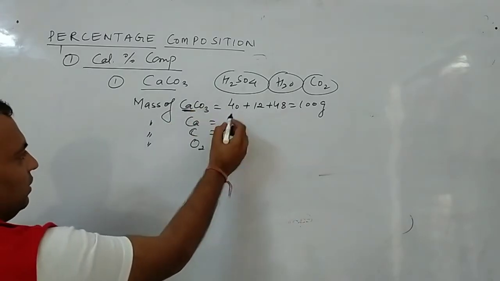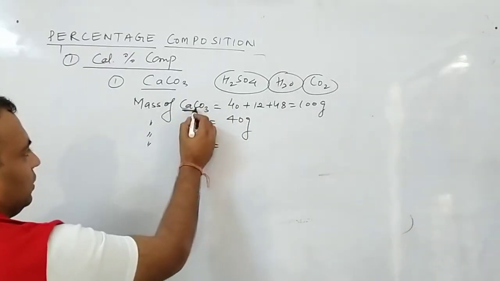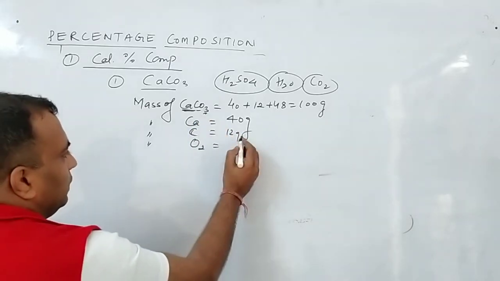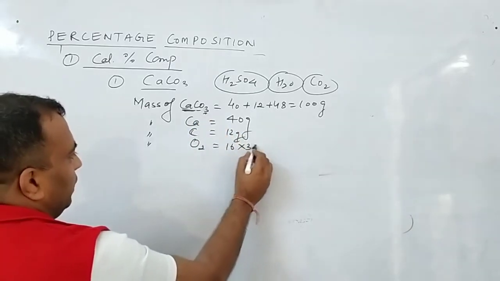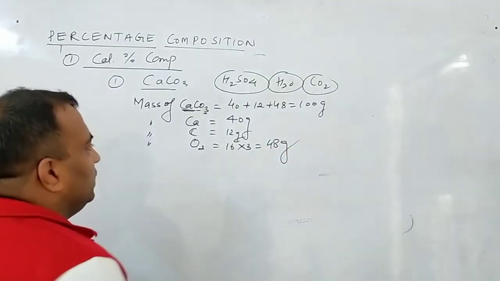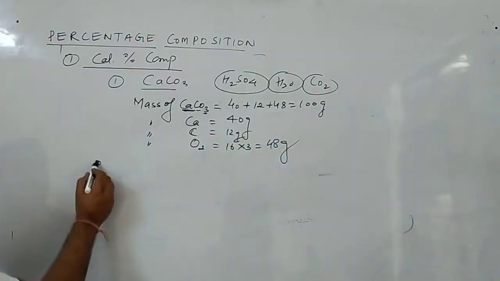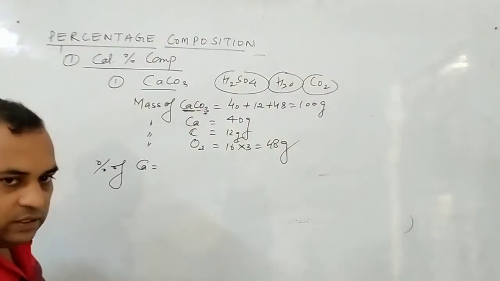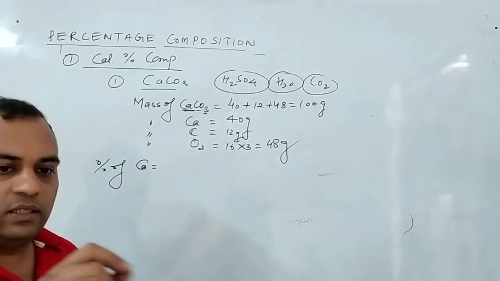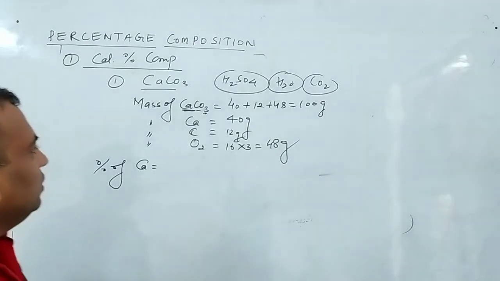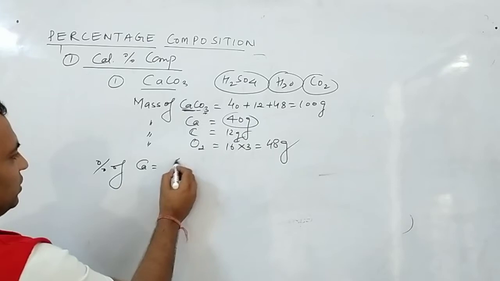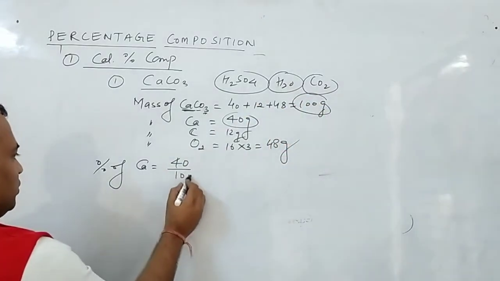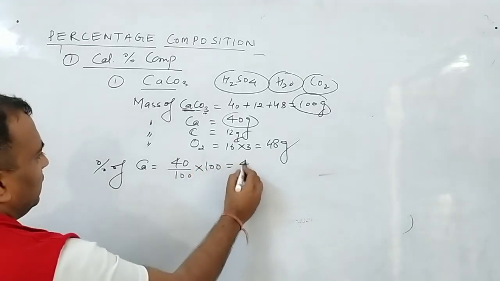See, calcium is single, 40 gram. Carbon is single, 12 gram. Oxygen 3 times. So what will I do? 16 into 3, that comes out to be 48 gram. Okay. Now see, percentage of calcium. So percentage means the mass of the one whose percentage you want to calculate divided by total mass into 100. So what is the mass of calcium, beta? See, the mass of calcium is 40, the mass of compound is 100, into 100,